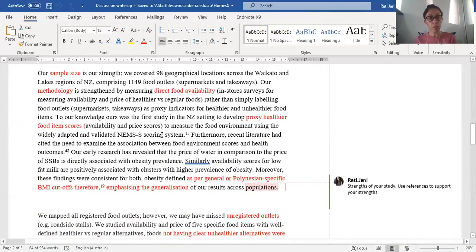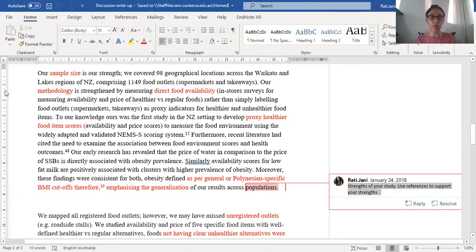Then the people who are writing the discussion, you write about limitations. Okay, strengths and then limitations. So what are the strengths of your study? For example, I have highlighted a few words over here, guys, to show you these were the strengths in my study. You now have a pretty good idea, not a rough idea, that's the opposite, as to what should entail as part of your strengths and